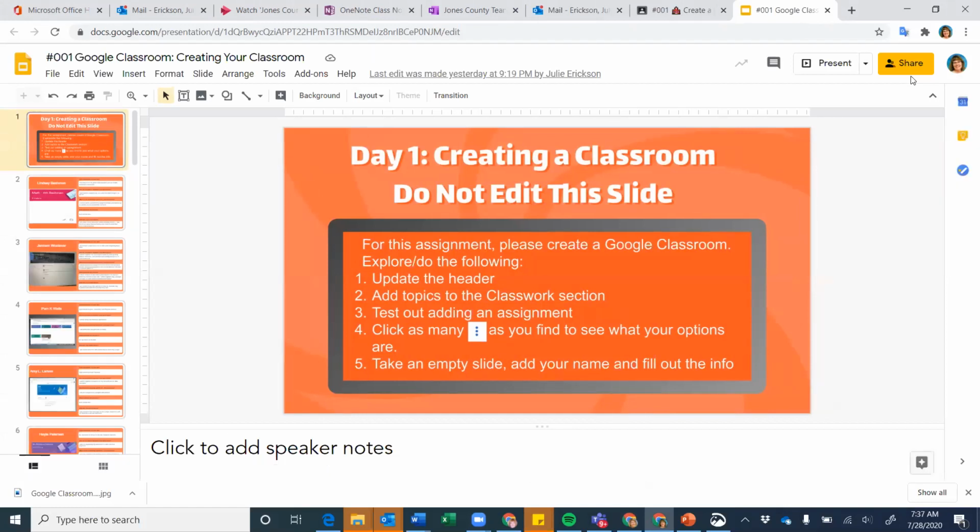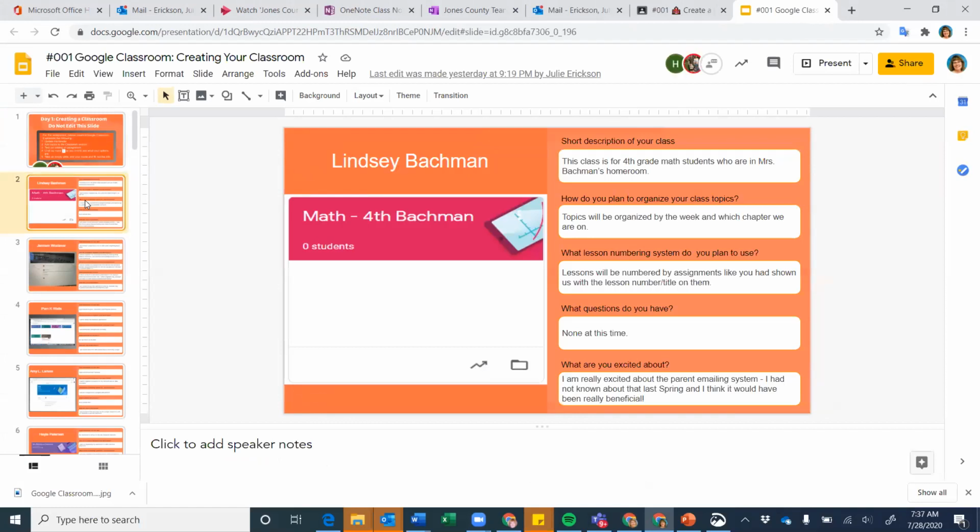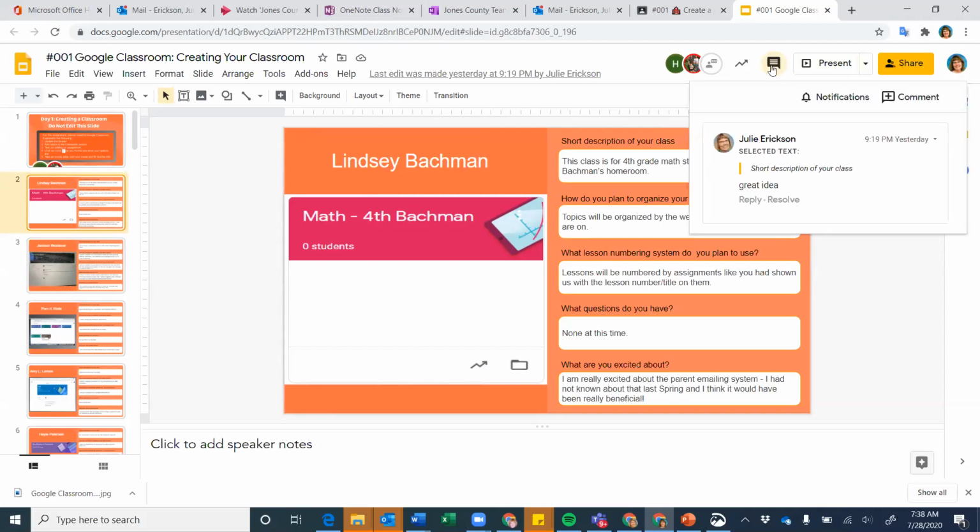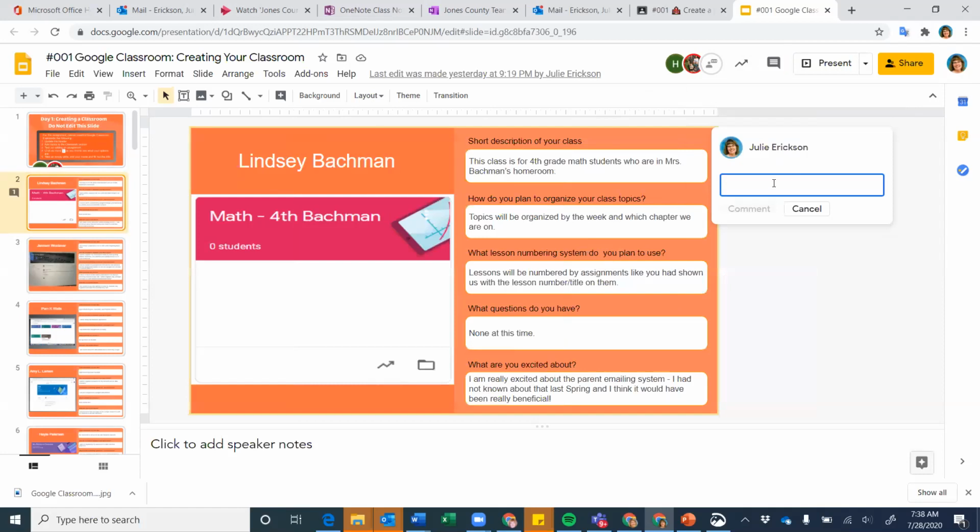one of the really great things here now is I can go down to a slide, and then you're going to see in the top right, you have share, present, and then open comment history. And so here I can see all the comments, and then I can click on comment and go ahead and add a comment, and I can say, oh, I can just say, a great organizational system,